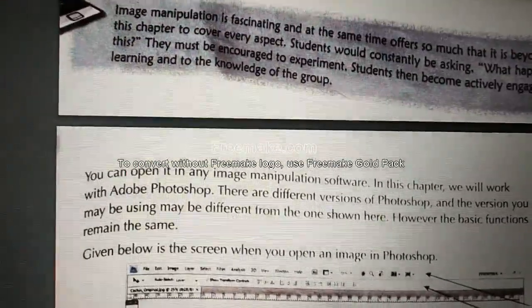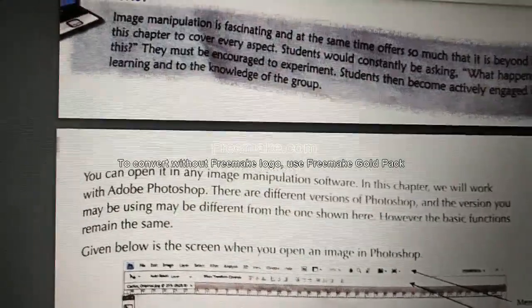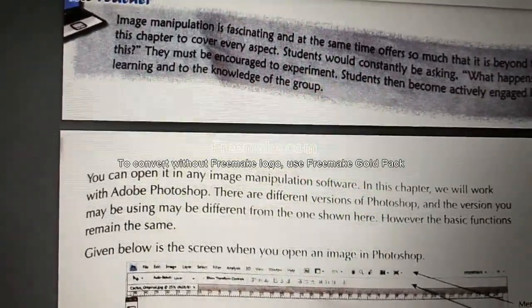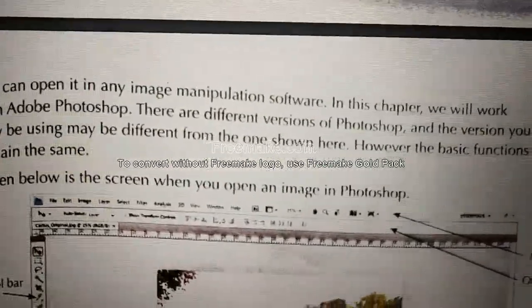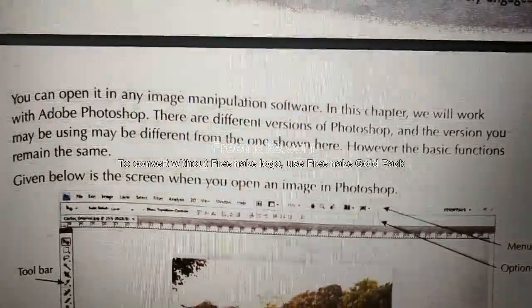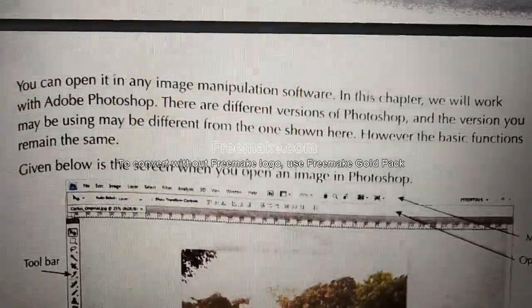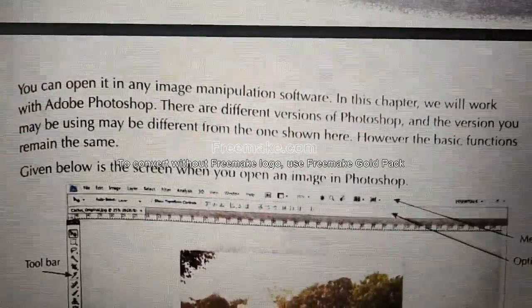But this chapter deals with what? Photoshop software. So we will deal with Photoshop itself. There are three versions of Photoshop. Photoshop is the main one among all the image manipulation software applications.